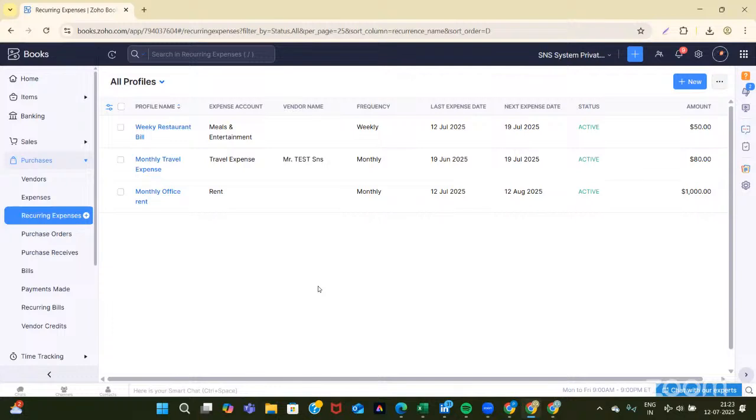Now, some best practices for expense management. Always attach receipts. It's going to make audit trails very clean. Number two, categorize properly, to ensure accurate reporting in profit and loss. Third, avoid using miscellaneous too often. It becomes a black hole for unknown costs. And number four, set up recurring expenses for any fixed cost items. All these expenses reflect instantly in your profit and loss statement and cash flow